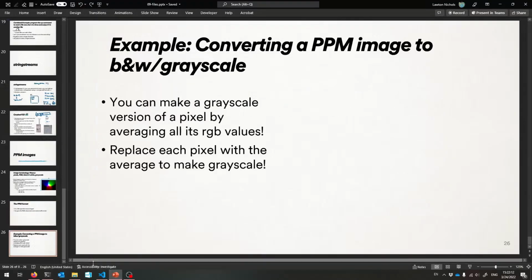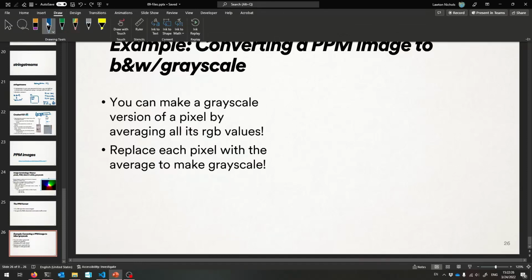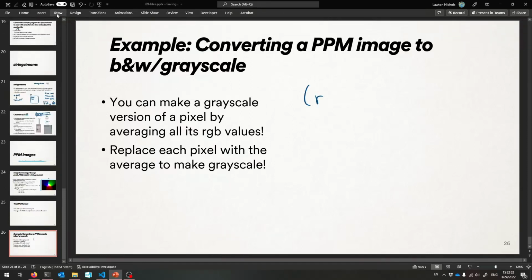So that's what we're going to do. We're going to read, check the time, yeah, we're doing all right. We're going to read a pixel at a time and convert it, okay? So here's how you can do it. We're going to do grayscale. So if you read a pixel, you get a red value, a green value, a blue value, right? And our job is to translate it to the closest grayscale value. And the way that you do that, one way to do it that's easy, is to just take the average